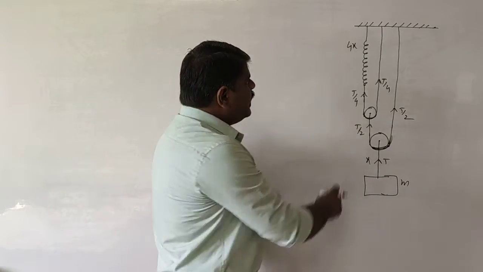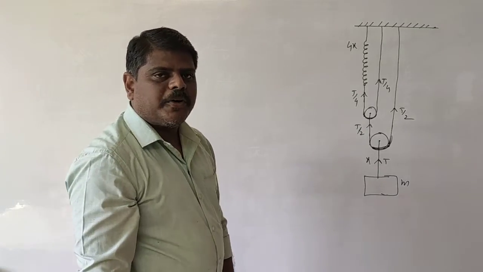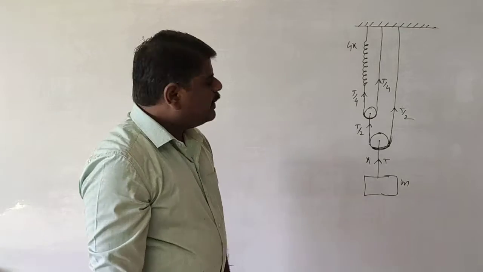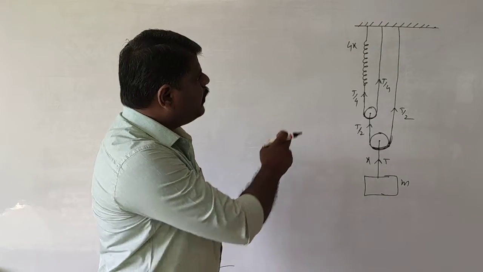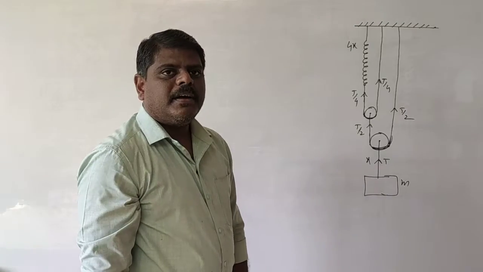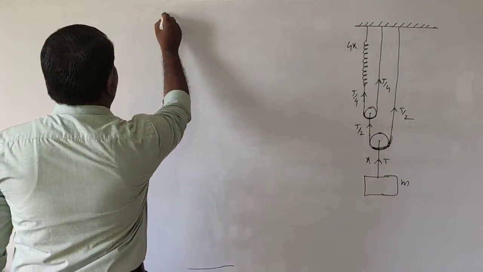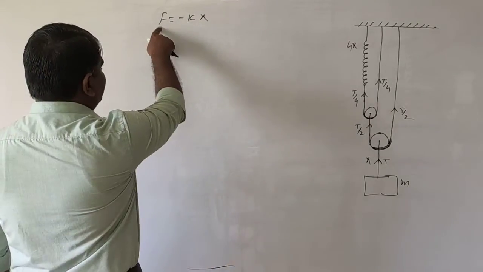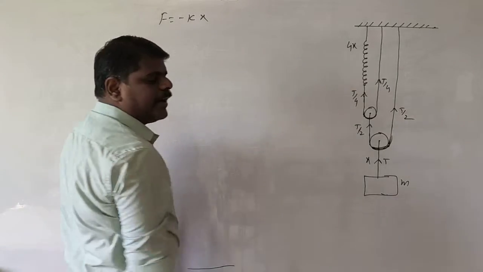Okay. Now, if there is 4x elongation, why is the 4x elongation produced? Because T by 4 tension is working in this one. When the T by 4 tension is working, then due to the tension of T by 4, what happens? The 4x elongation is there. That means according to the force constant, what is the formula? F is equal to minus K into x. Okay, in the place of F, what can you write? T by 4. And in the place of x, what can you write? 4x you have to write.